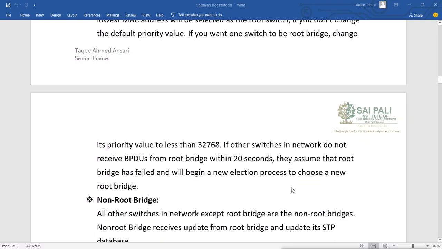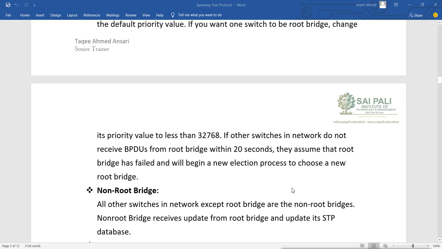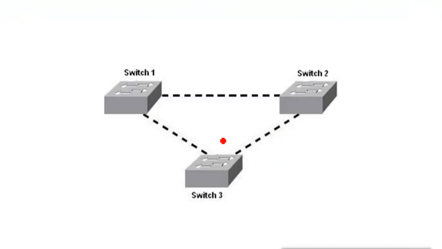So what happens when you have a topology? First, for example, we have these 3 switches connected. When we connect those 3 switches, or even connect any port on the switch, the switch starts sending BPDU packets to each other. It will send on this port also and on this port also.